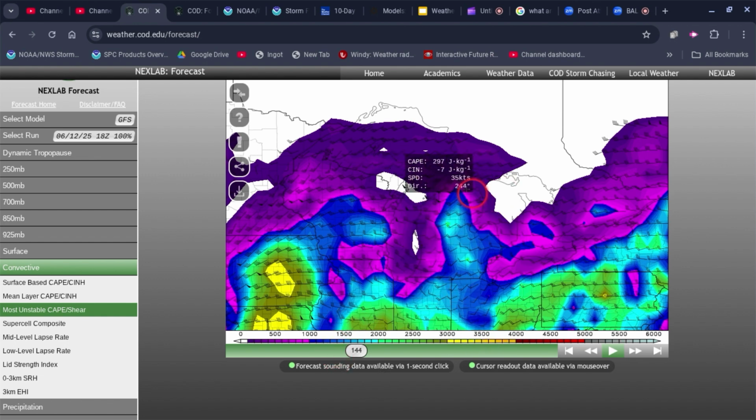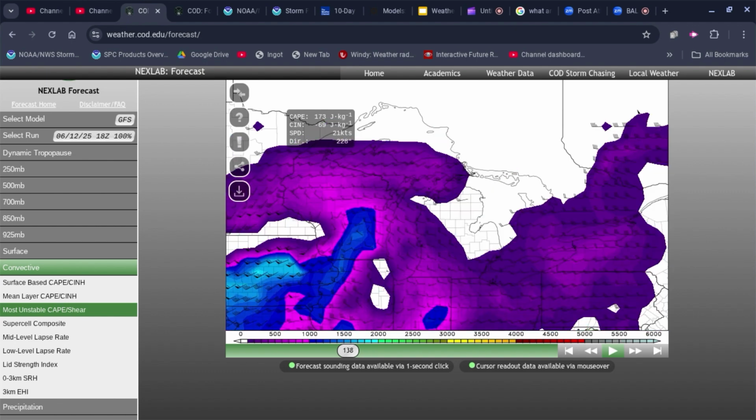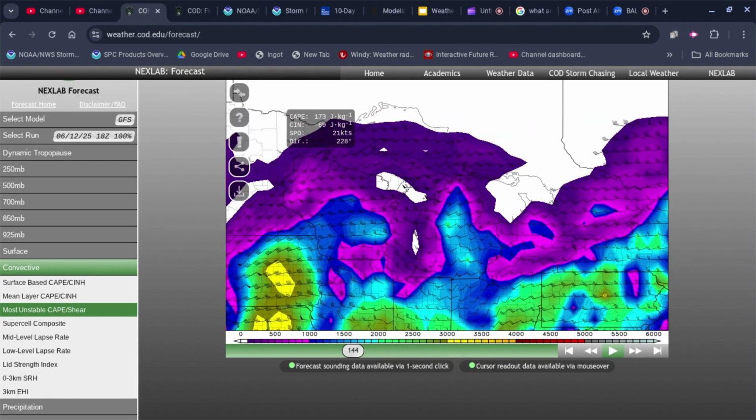So as you can see, this model does not show too much CAPE. It's not 132. 132 is for 6Z. Oh, for 18Z I think it would be 144. So, anyways, this model does not show too much CAPE. We do have pockets of like 2,500 down to 2,000, but everything else is just on 1,000, which is threshold for severe weather, I believe,